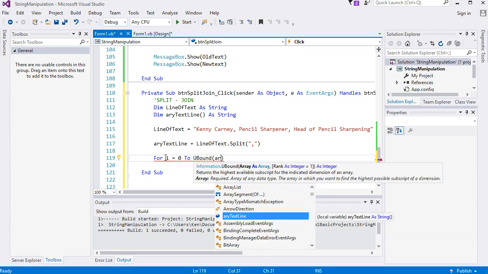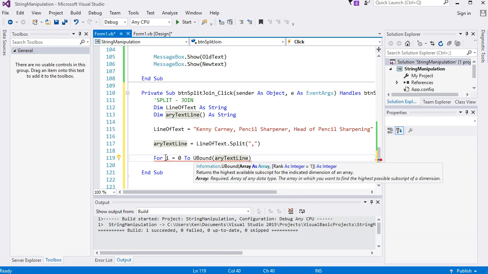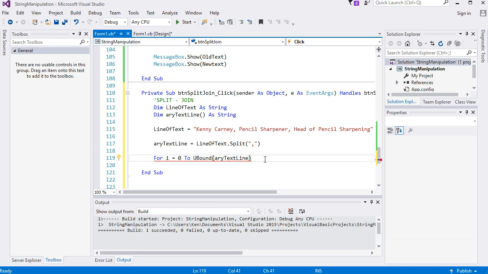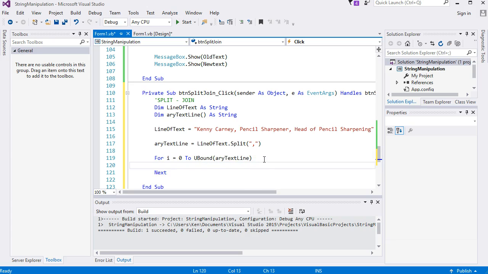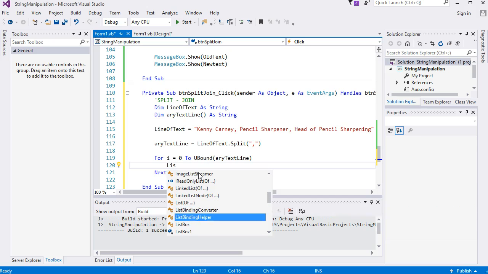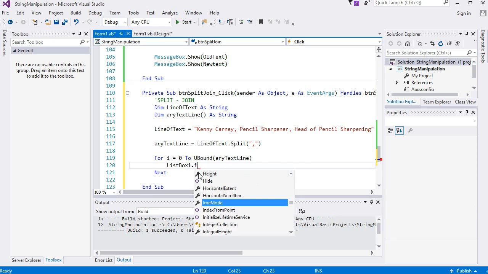Array text line. It will go to how many positions you've got in that array, which is helpful if you don't know how many positions it's got. So it'll just go to the upper boundary, the last position. So it might be 2 for us, but it might be 4 in the next, if we're reading a second line of text. And the list box items, add list box,